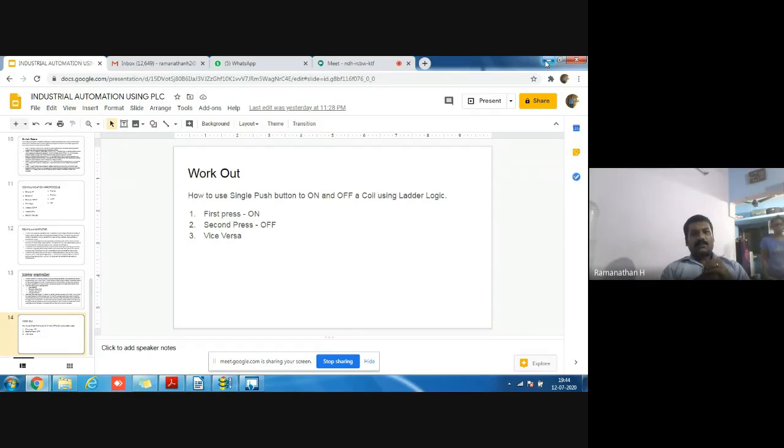Then tier two jobs are available in optical fiber communications, RF and microwaves, signal processing, the semiconductor area, and ASIC, the application specific integrated circuit area. These areas are tier two jobs, and they get a medium salary.